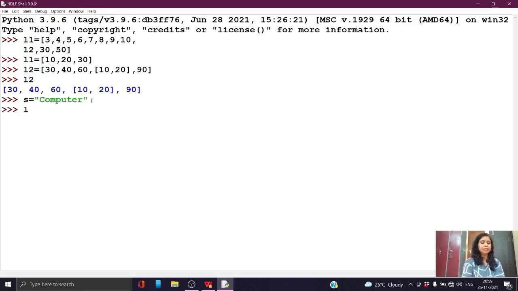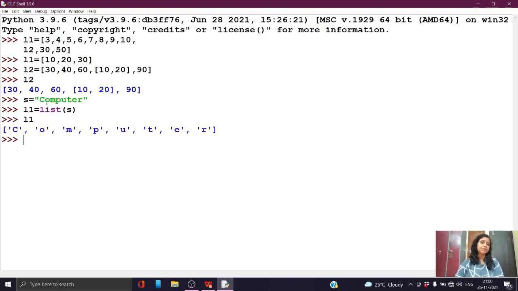Okay, so list variable name equal to L1. L1 equal to list method I have to use, and after that I will use that s variable name itself. That means I am going to create one list variable, L1, from the string value. String means s is what type of variable? String type of variable. So you can just create a list from this string. Okay, so let us display the elements of this L1 variable.